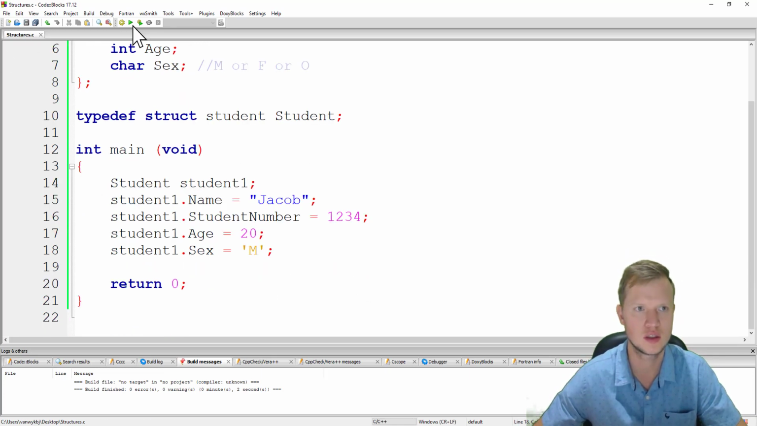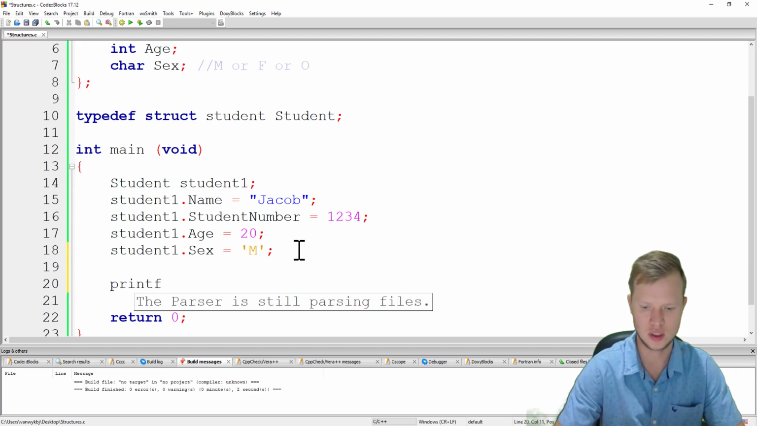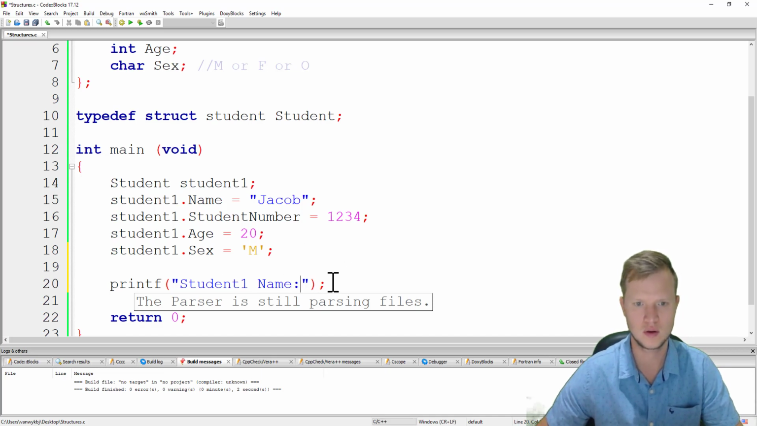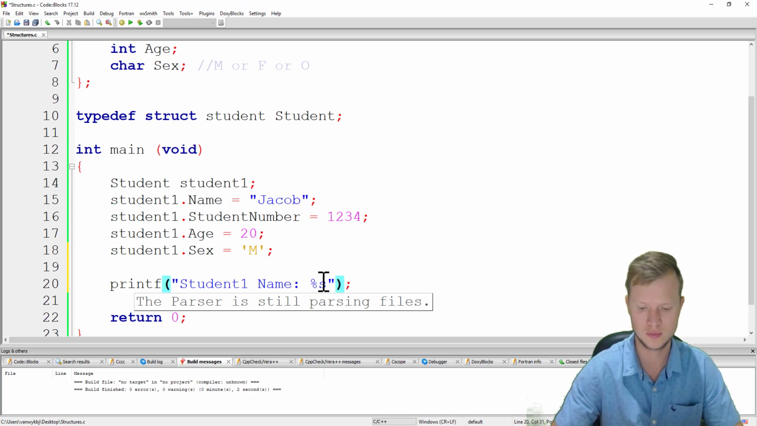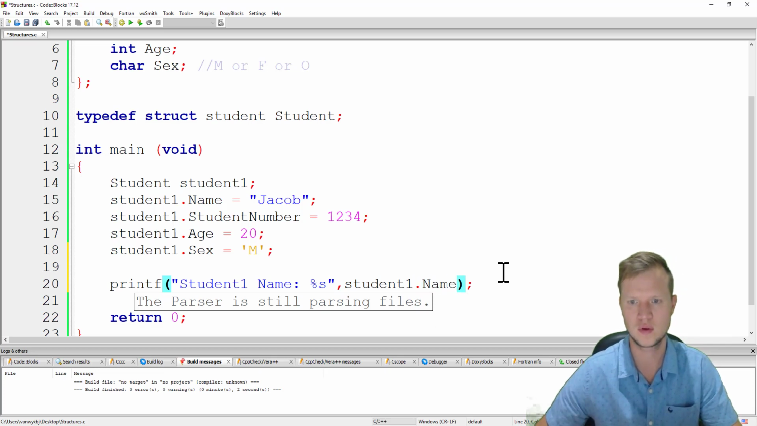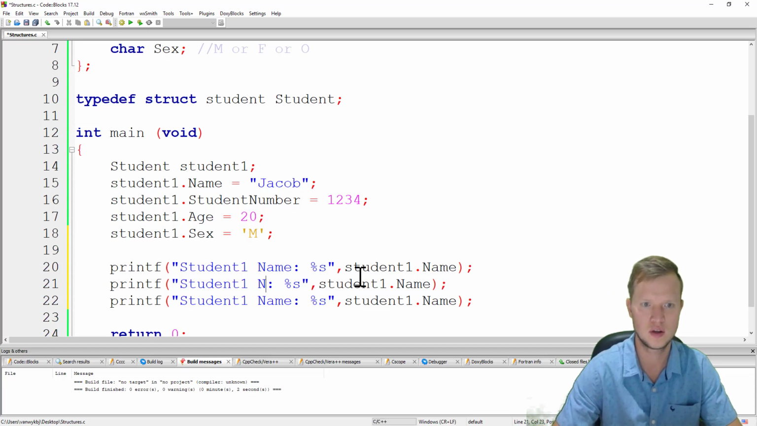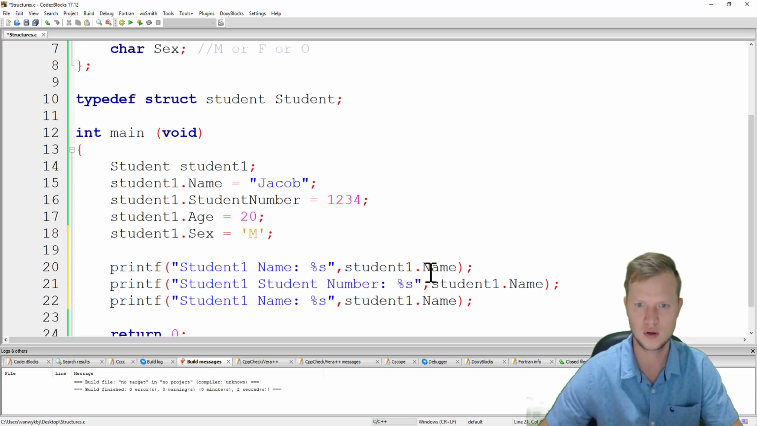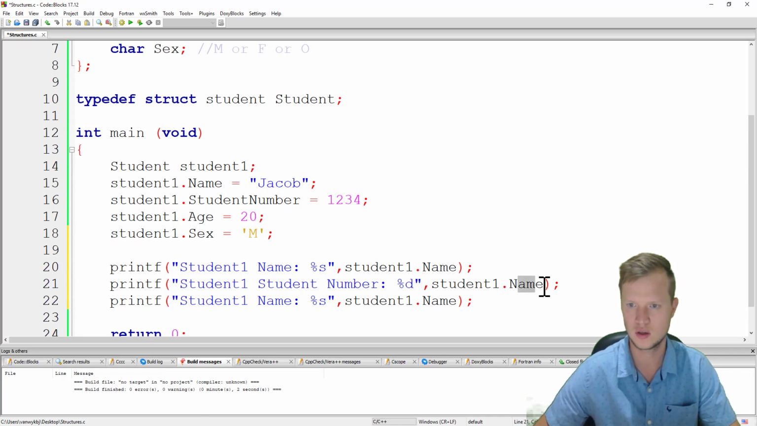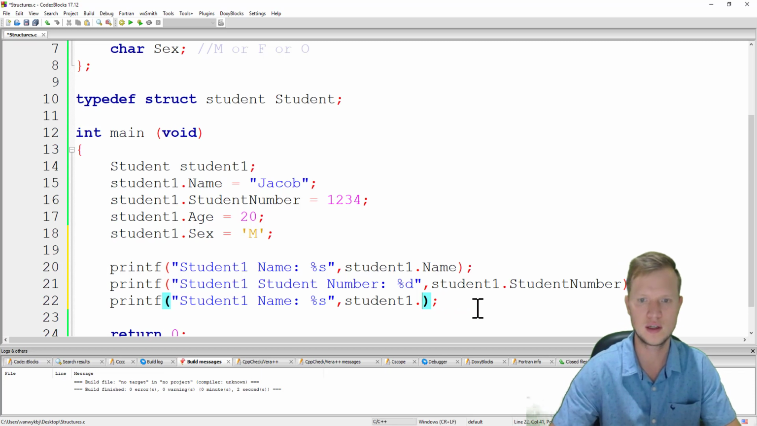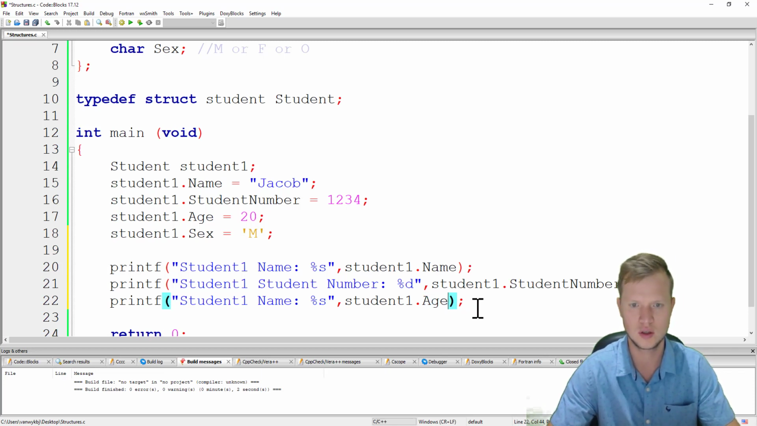We save this. And now what we can do is use a printf statement, and we can say student1 name percentage s, and we can say student1 dot name, just like that. And we can continue with this and do the student number, and the student number is going to be D, and we can say student number, just making sure that we're spelling everything correctly, and then we can say student age,